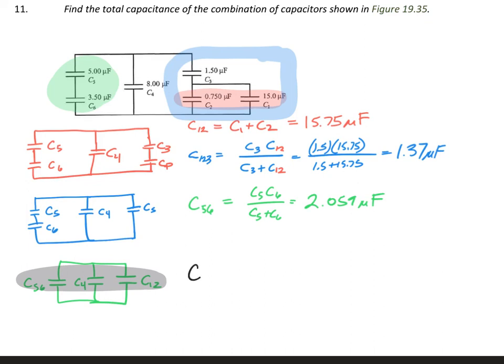So the C total, if you will, you could call it 1, 2, 3, 4, 5, 6 if you wanted to. I forgot to put my 3 over here. Yep. It's just going to be the sum of all those. So C1, 2, 3 plus C4 plus C5, 6. And if you add up all them numbers that we just did,